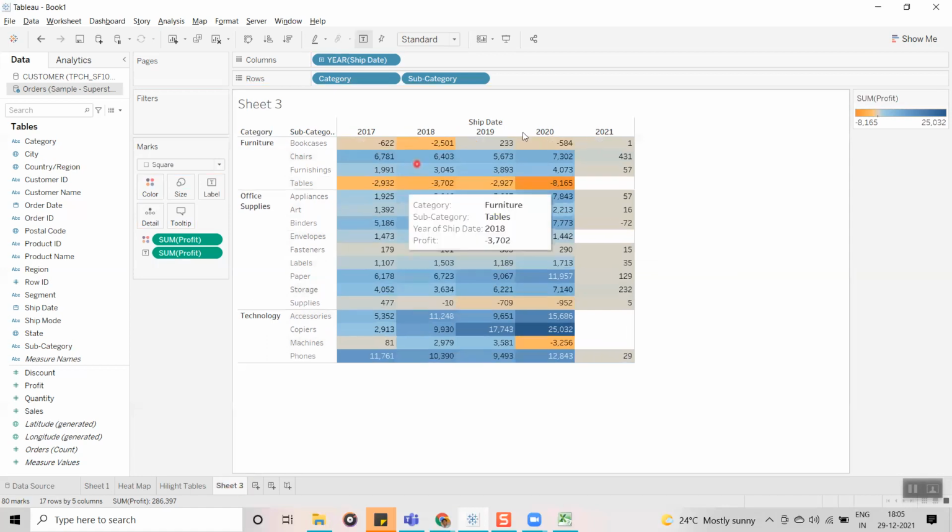And if you want to create it manually, this is the way: you have to select the marks after creating the text table. Okay, so actually this is also a useful graph when we are having limited data. Guys, always remember, whenever you are having huge data, like whatever data members you are displaying, if you want to display more number of data sources, all these kinds of visualizations are not suitable.